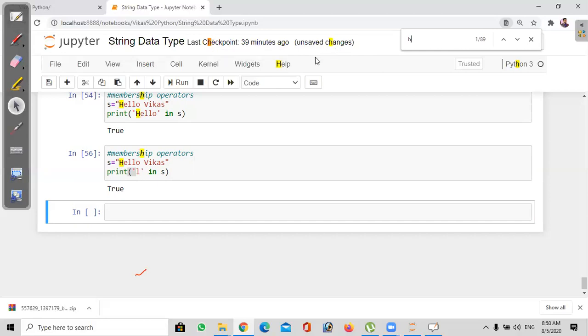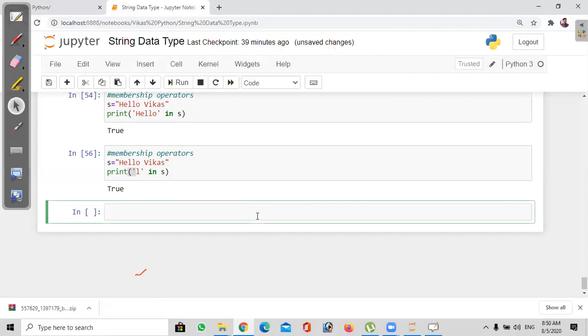It's highlighting both capital H and small h. It's showing for both, not only for single characters. So those functionalities are developed like this.